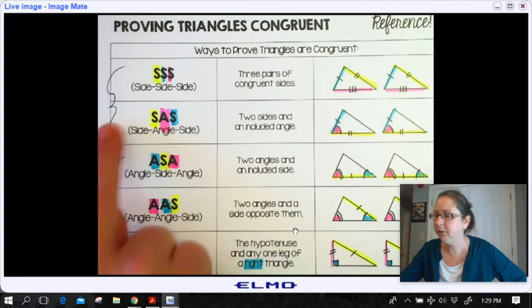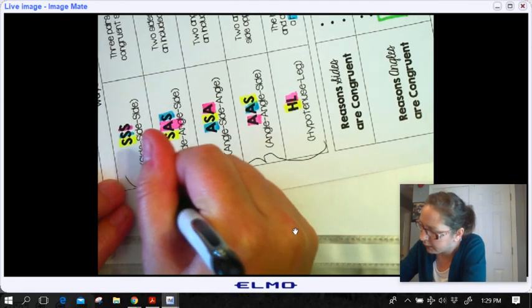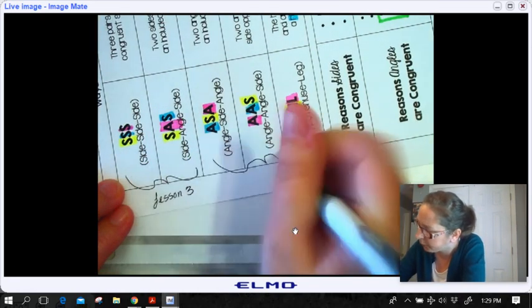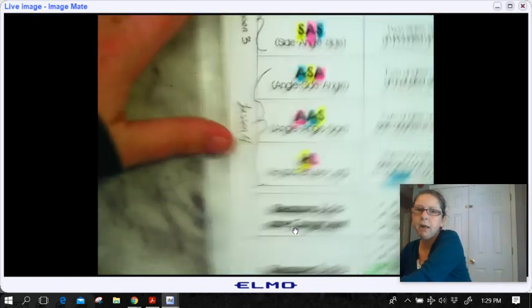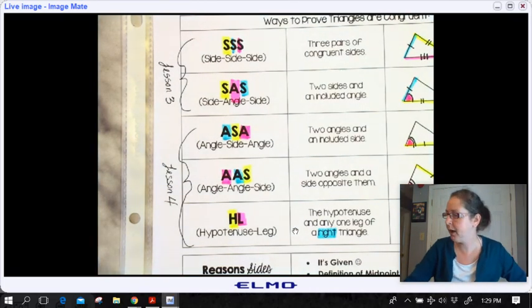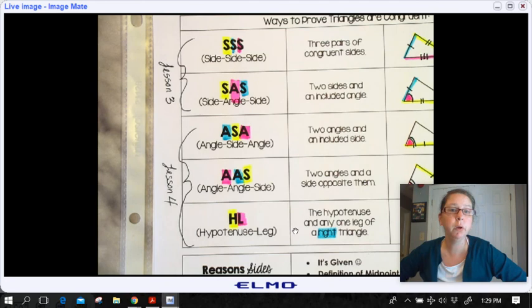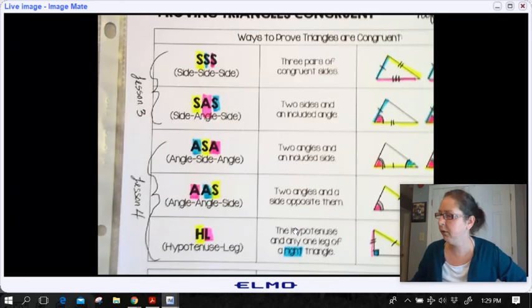Alrighty, but this was lesson 3. This was lesson 4. Let me just go ahead and add that here. So, lesson 3, lesson 4. And your teacher may have chosen to break this down into a 5th lesson. Okay? For our class tomorrow, we will be practicing. So instead of having a 5th lesson, because I did it all at once, we will be practicing all of these